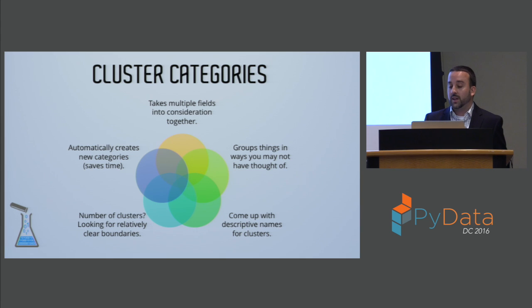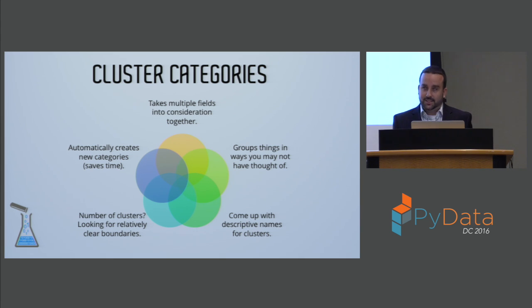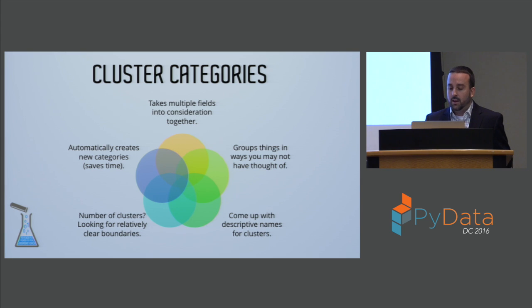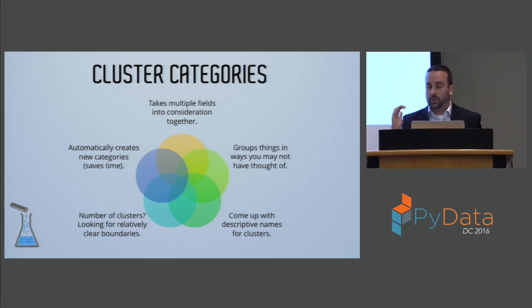And the third reason I like clustering is because it sometimes groups things in ways that you as a human may not have thought of, right? And I'm generally a big fan of humans and machines working together. But the question with clustering is always, well, how many clusters, right? And the answer is usually it depends. There's no real right answer for this. That being said, for this purpose, I usually like to keep it to under 10, because otherwise it becomes too many categories for you to take a look at and intuitively distinguish between.